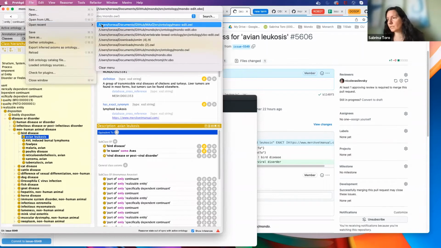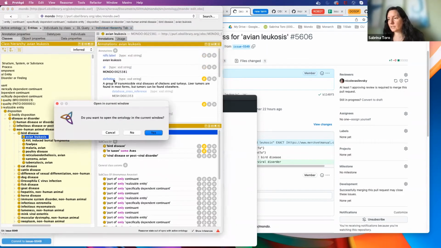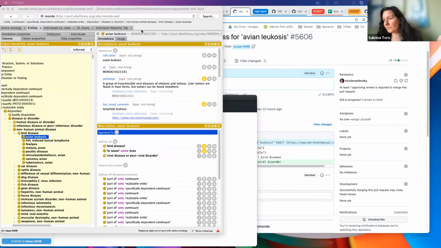And here, open it here, and just reopen it, because by reopening everything, it means all the files that you need are going to be reloaded instead of using what was already there, which might have changed. So do I want to open in the current window? No. So it's going to open